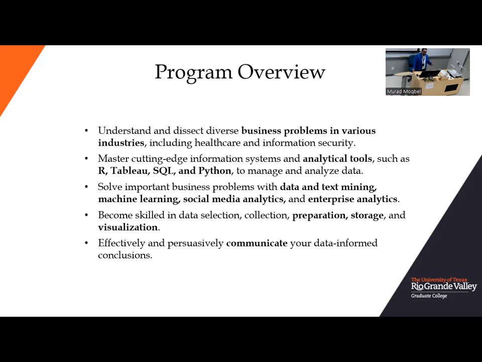The third one: our students will be able to solve business problems using text mining, data mining, machine learning, social media analytics, and enterprise analytics. In the past, we needed to have numbers in order to run analyses. But now, with the advent of machine learning, we can actually use text for prediction, for sentiment analysis, and for topic modeling, right? An example of the use of text mining is, let's say that we have a call